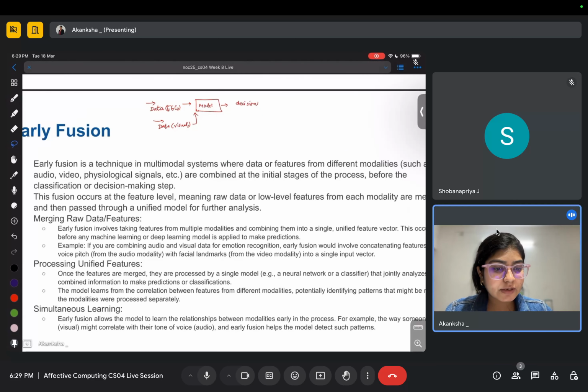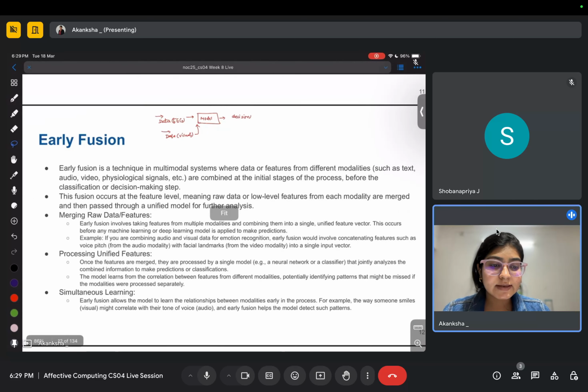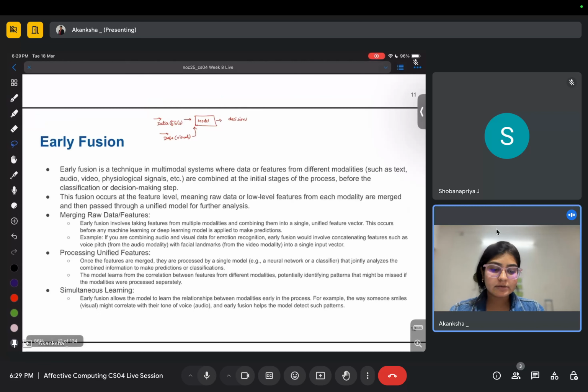Hello, thanks for joining the session. Currently I was discussing the early fusion method. The current discussion is about multimodal emotion recognition systems. We are just talking about what the different methods are to combine the information from different modalities. Now, the first method is early fusion, and for early fusion, what we need to do is,